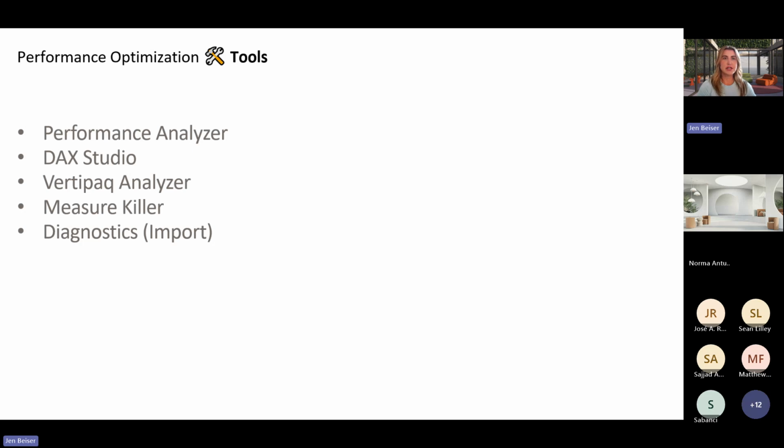There's also DAX Studio. That's a free download. You can export the Performance Analyzer data as a JSON file, and then you can import that into DAX Studio, and you can execute or re-execute the code that was executed during the direct query refresh of the visuals on a page. And that's going to give you insights into which visual might be the bottleneck. You can also see the actual queries that are being generated by Power Query. You can't modify those queries directly,